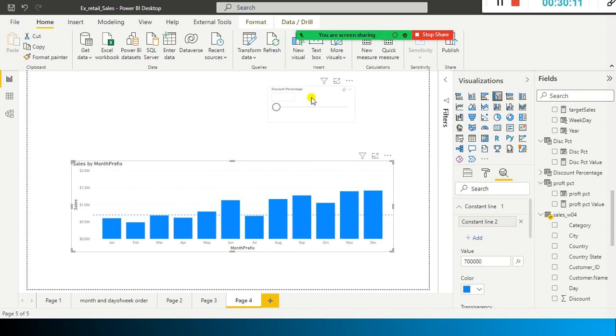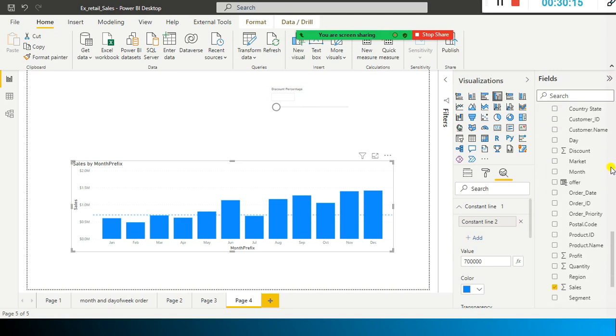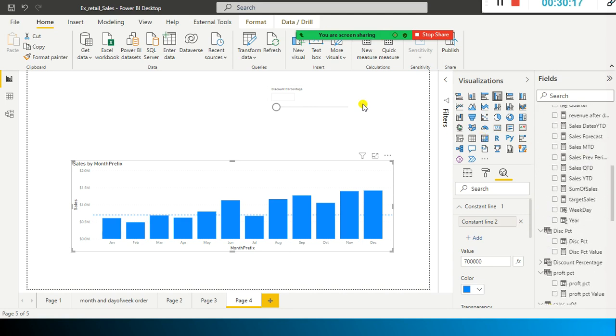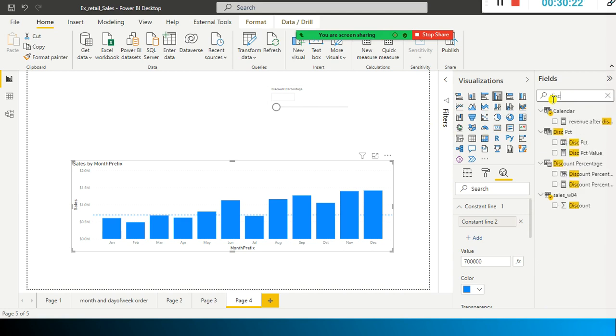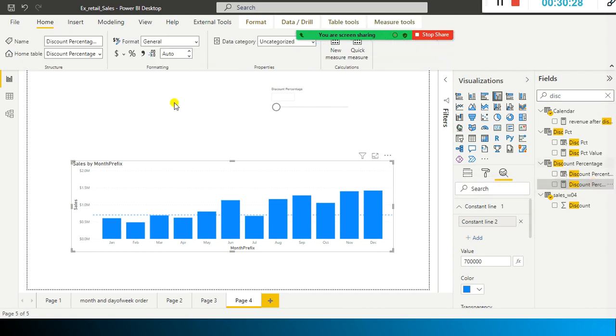So this is my discount percentage, and there are two things that get created here. One second, I'll show you: discount percent and discount percent value. Look here. This one is nothing but the selected value.